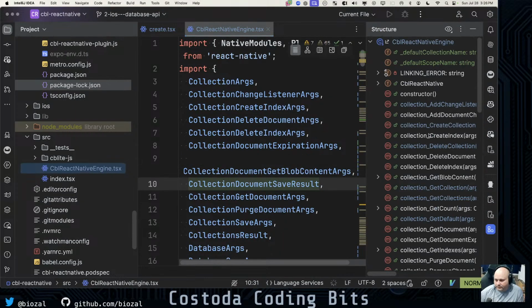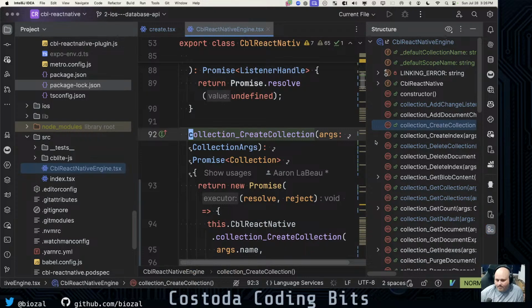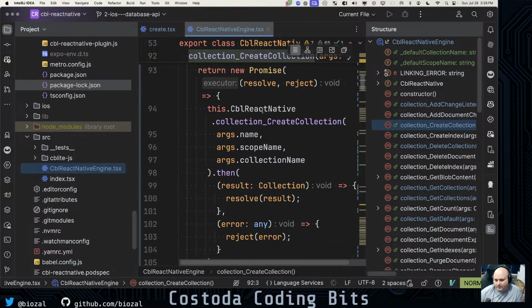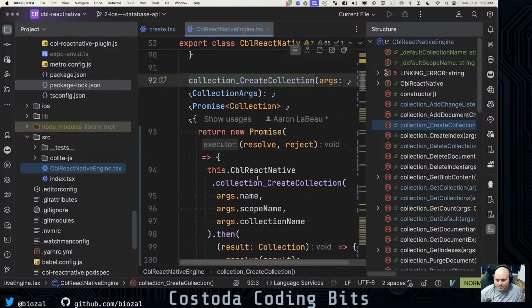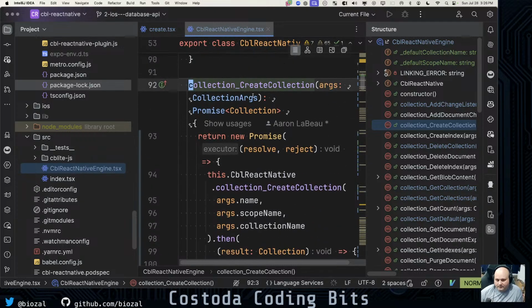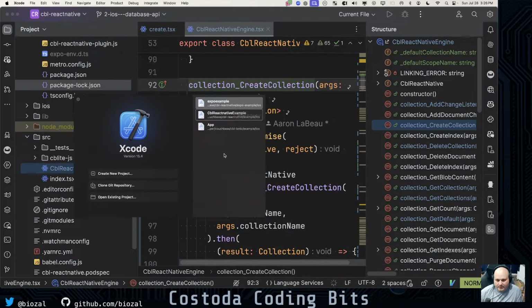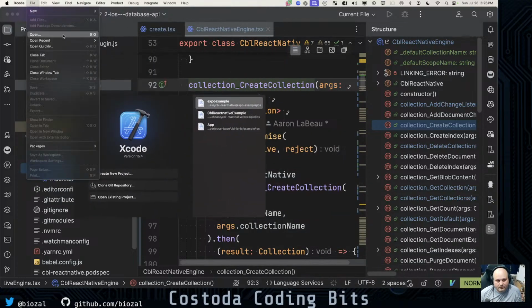and find out collection create. And what does this do? It calls React Native create collection with name, scope, and collection name. And that's cool. So that means this is registered. Now we can just check Swift real quick to make sure that that function exists. And if it does, we're good. Let's remove that one. Let's go to Xcode,